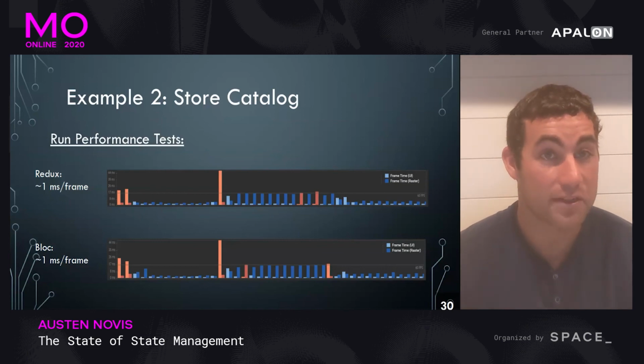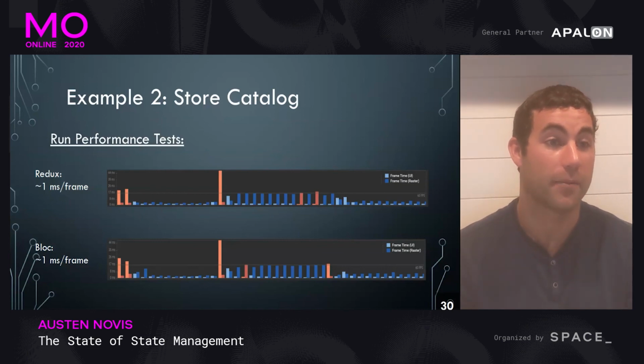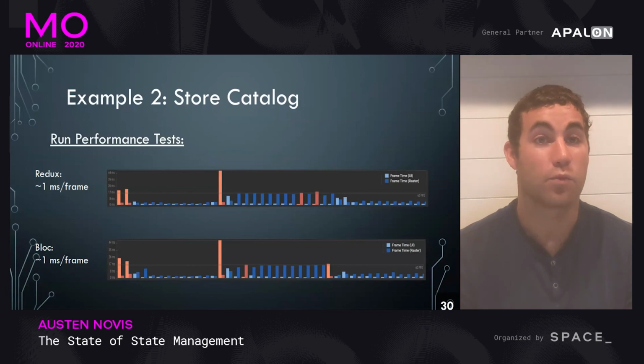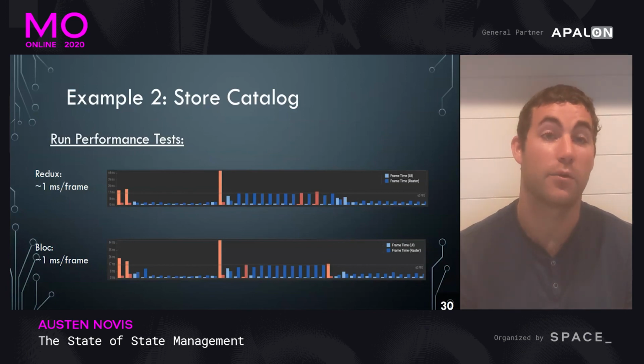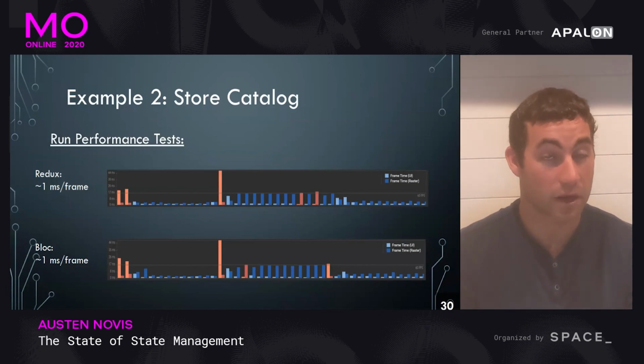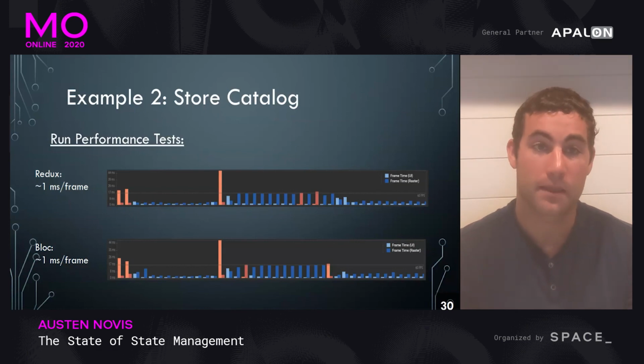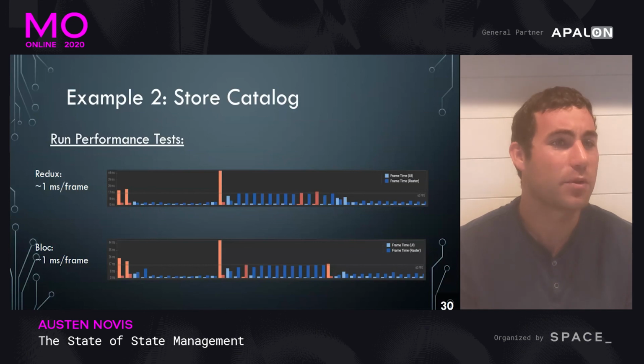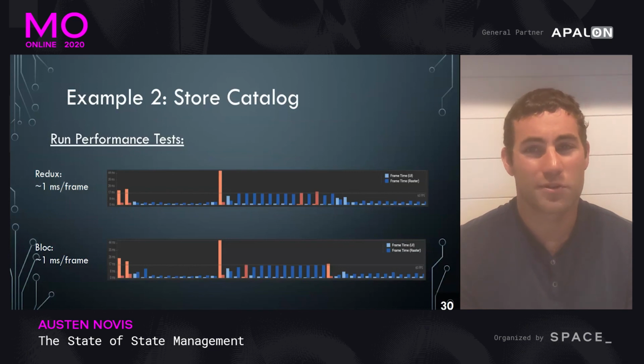So you can see here in the diagram, the large red area, kind of in the middle of the graph, is when we're toggling to the cart, which triggers a re-render of all the products in the cart. And you may conclude that this proves that any framework will work, since both of these graphs are essentially the same, and to simply choose the one that requires the least amount of boilerplate code,